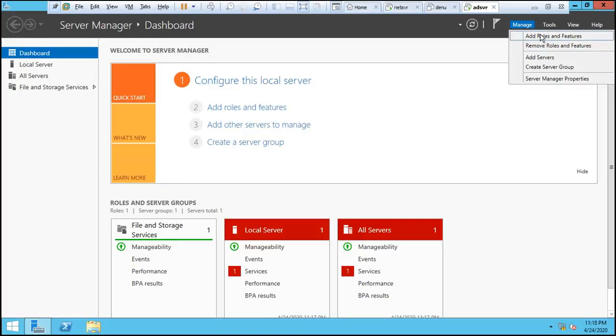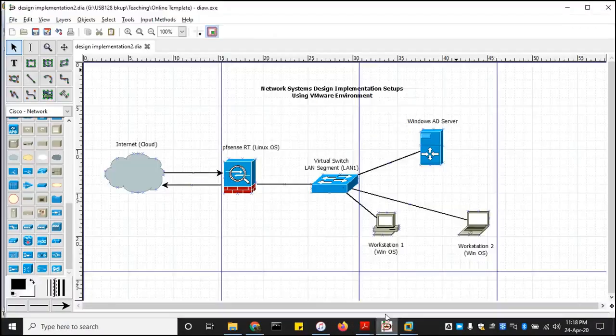So the Manage menu can either be this side or that side, depending on which one you feel comfortable with. So I'm going to go to Manage and say add roles. So basically with this design layout, we have our server up and running. Now we want to add